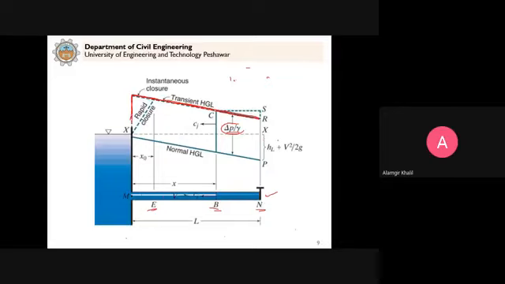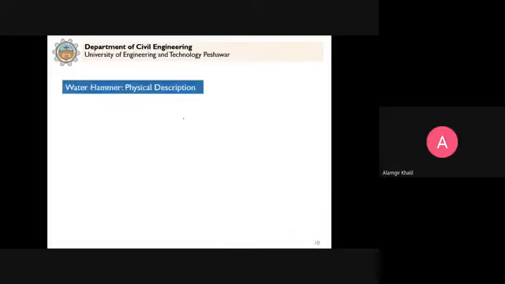For how much time will this increase in pressure remain before it comes back to normal? We said that this increase in pressure will not remain constant, because it happens momentarily and then disappears as time passes. So in order to understand this, first we try to explain the physical description,